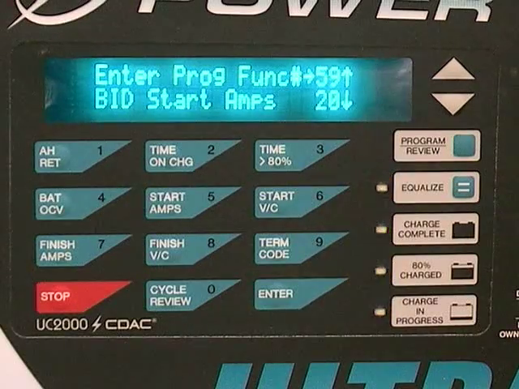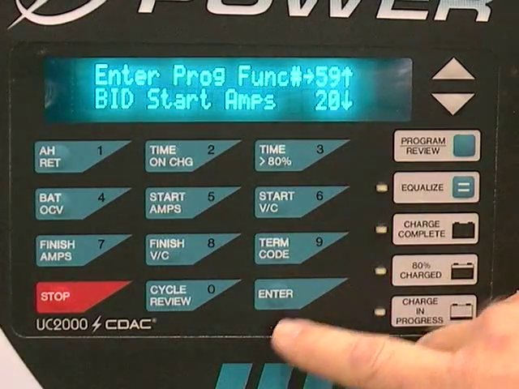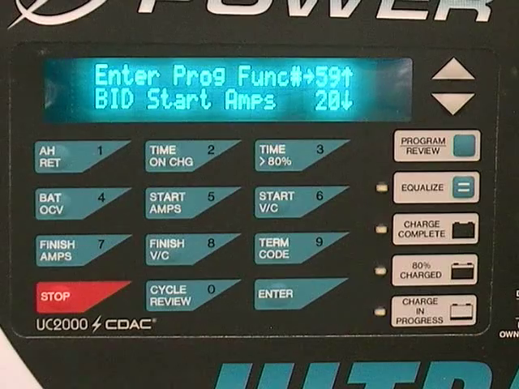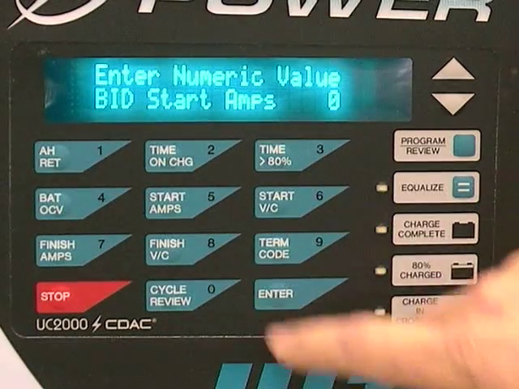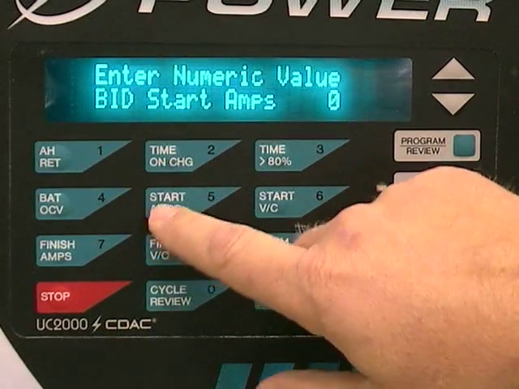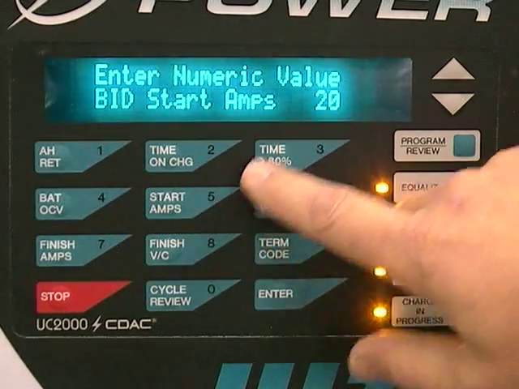Next item down will be my battery start amps. Currently this is set for 20 amps per 100 amp hour. The default value will actually be 25 amps per 100, and if I want to change that, I can basically go in and change it for a different value,